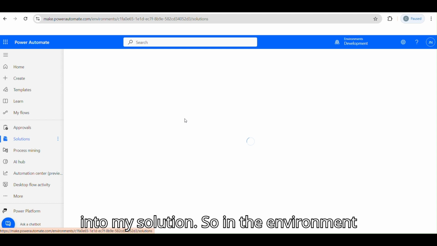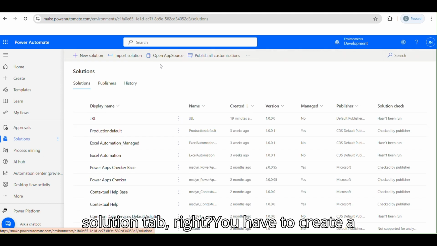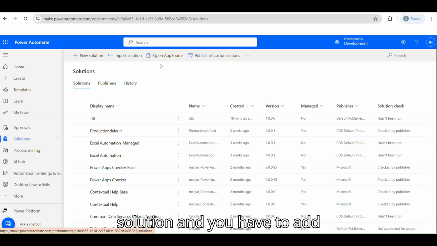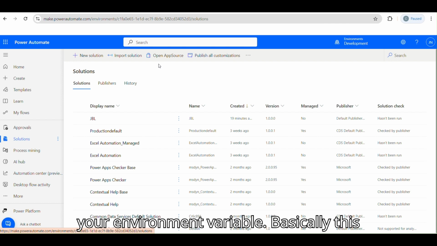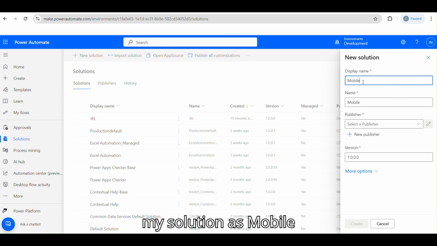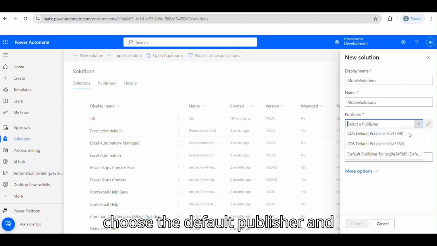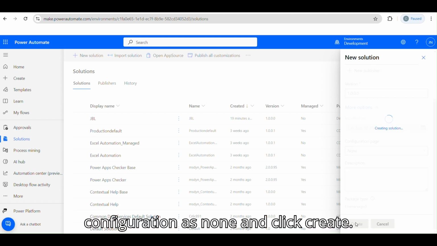So an environment variable can only be created in the solution tab, right? You have to create a solution and you have to add your cloud flow, and then you have to add your environment variable. Basically this is how it works, right? So I'll just name my solution as mobile solutions, right? And I'll just choose the default publisher, and in the more options I'll just have configuration as none and click create,